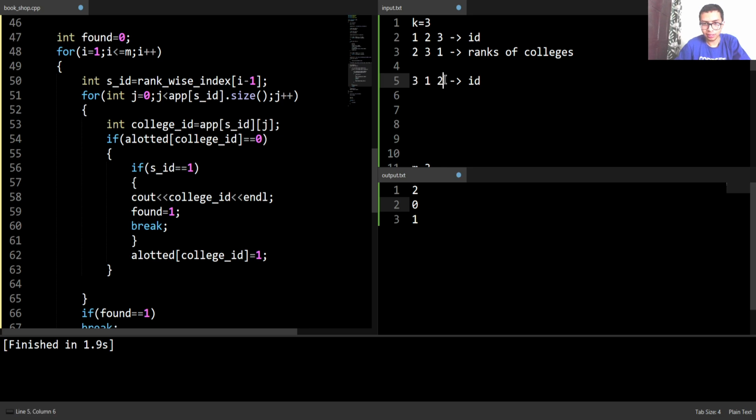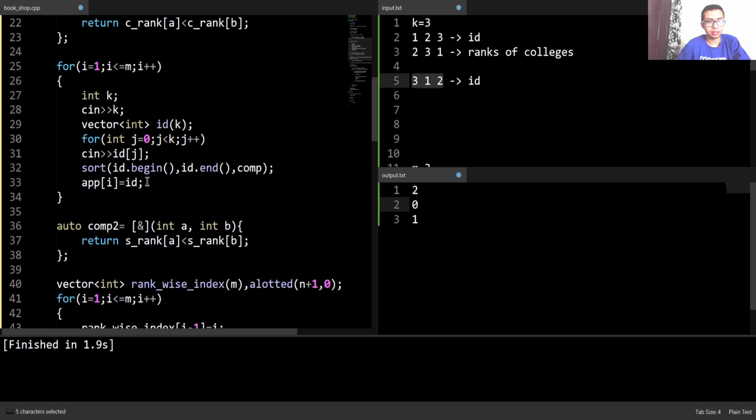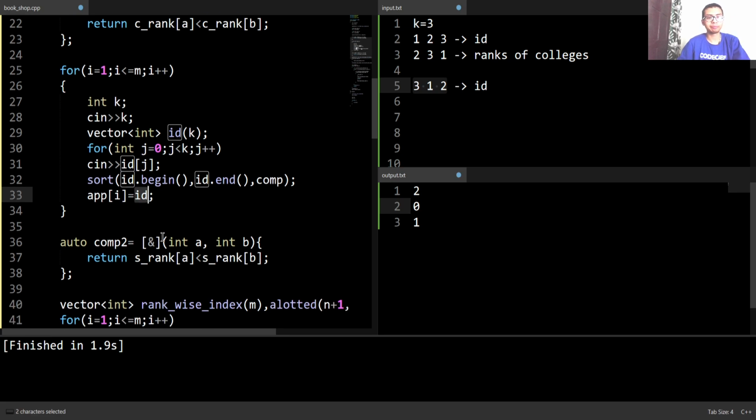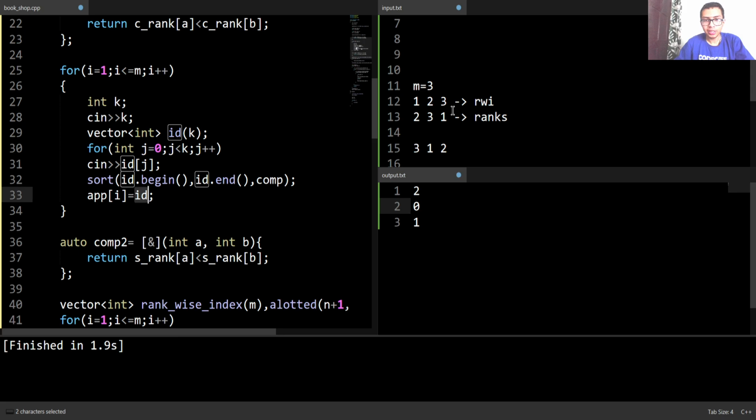So this is the ordered application for the current student, right? So over here where we had sorted the ID array, after this I'll store this ID vector into this app of I, which means that for the current student the ordered application is stored in this ID vector, right? So after this, firstly what I'll do is we know that we again have to sort